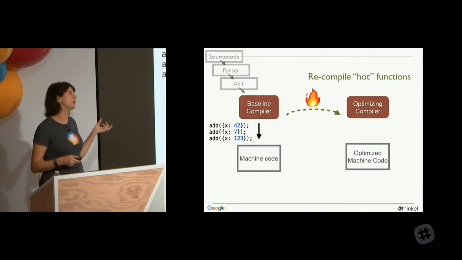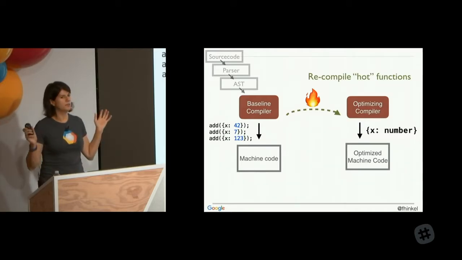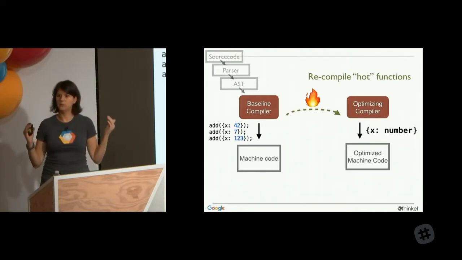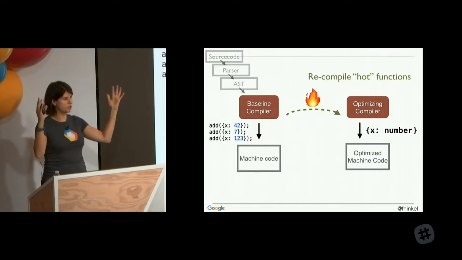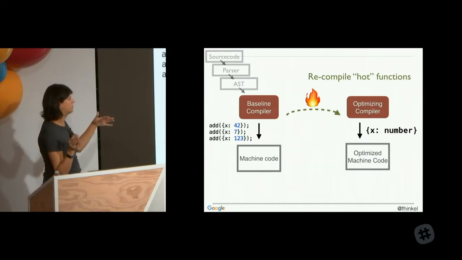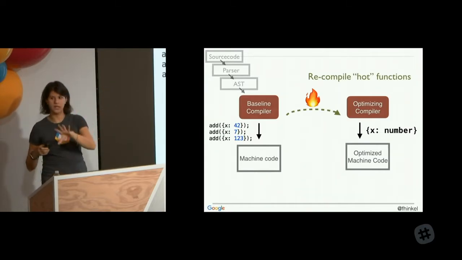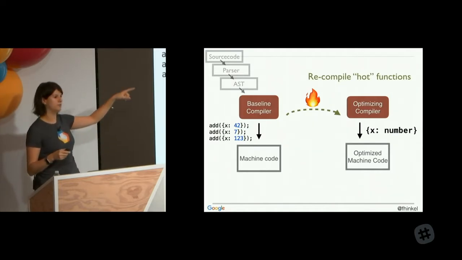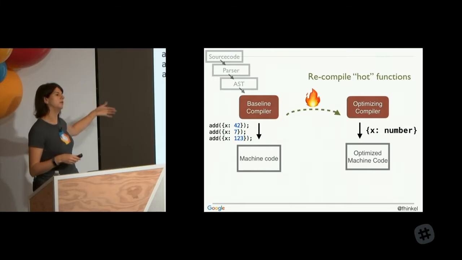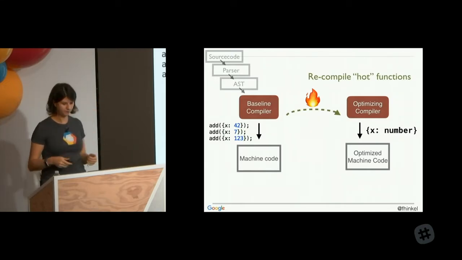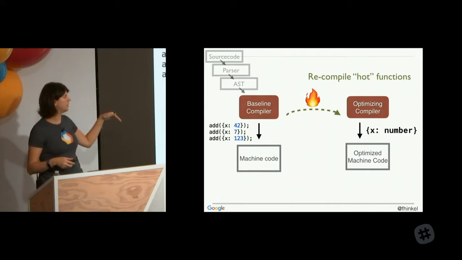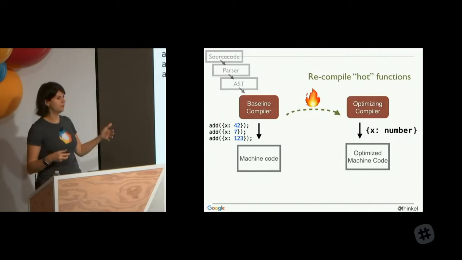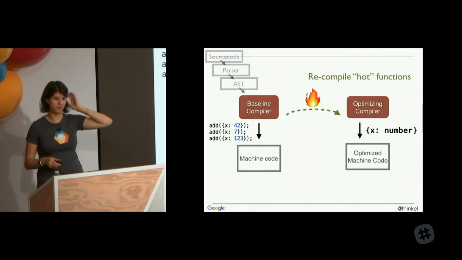But now it can use the speculation that we will always call this function with an object that's a regular object with nothing special on the prototype chain that has an x property and nothing else. So we're speculating that the future input will look similar to the inputs in the past. And so this machine code that comes out runs much faster than the one on the left, but it only runs if the speculation is right.